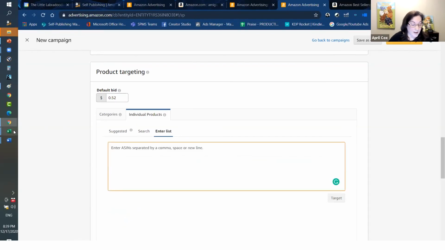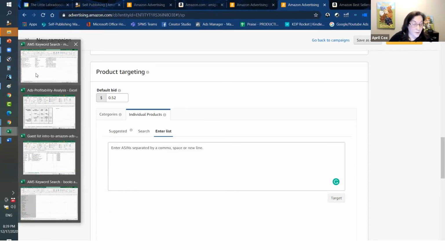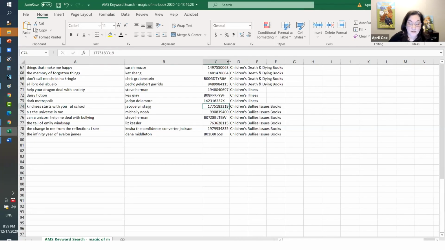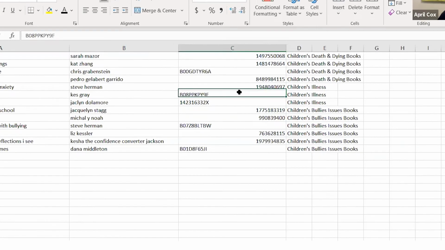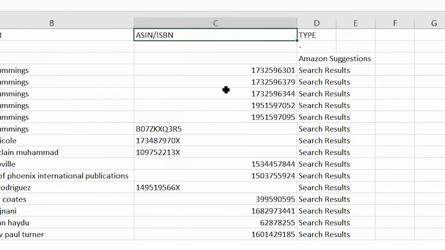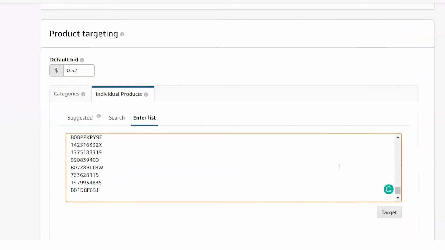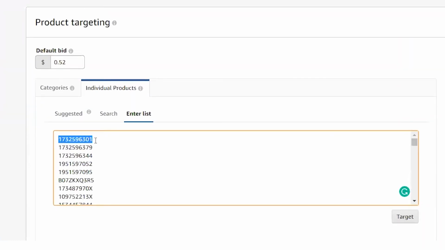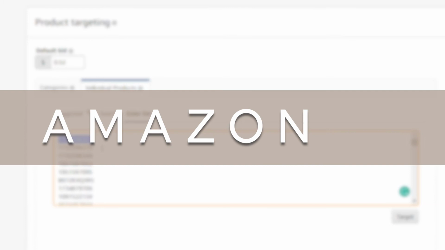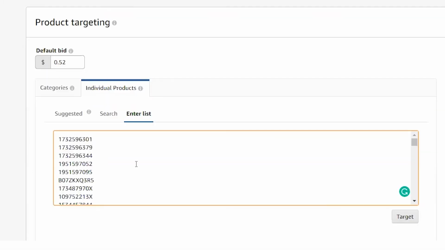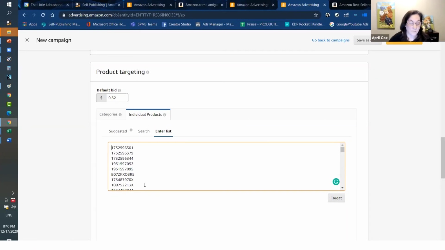Now remember, I had this list over here that we came up with from Dave Chesson's tool, right? And one of the columns that it has is ASIN numbers. You can grab those and type in the ASIN. An ASIN, just for those not familiar with that term, is the Amazon ID for that book. If we know that there's a list of horse books already, why not just paste them in here? Because now we've got all of these and we don't have to do searching and all that other stuff. It's just already there, ready to go.